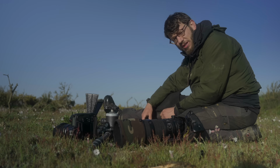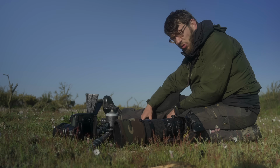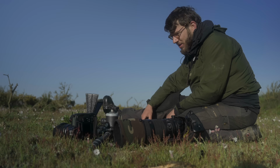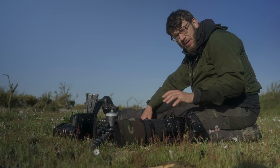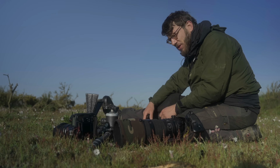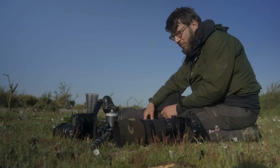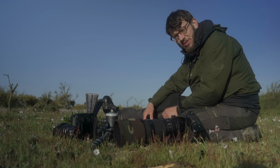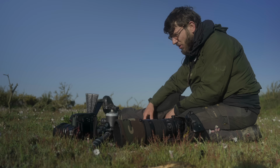Going to leave the camera traps here for a couple of months, come back and check them when I come for my next visit, and fingers crossed we'll get some really cool pictures from those. I think using a camera trap is a really great way to supplement the images that I'm making. It's great being behind the camera, I absolutely love it, having that connection with your subject. But for certain pictures, when you want to light them in a certain way or create a certain aesthetic to them, well, the camera trap can really do that. So I'm hoping that it gives me a good chance to make something a little bit different